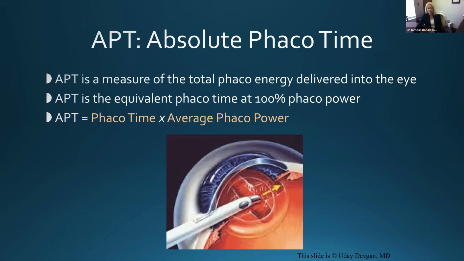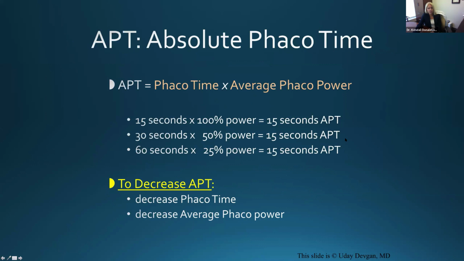This is a measurement of the total phaco energy delivered to the eye during our surgery. And so we can see it's a combination of the time that we're releasing the energy into the eye and the power. So we want to decrease both the time and the power that we're releasing this energy. And so we can see, we can have a very short time that we release phaco power at